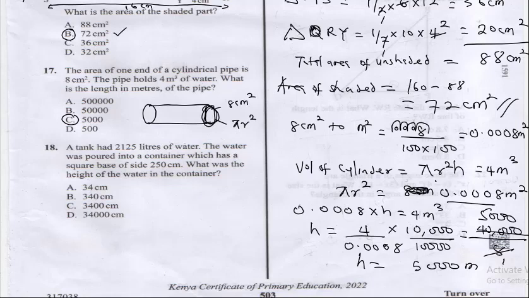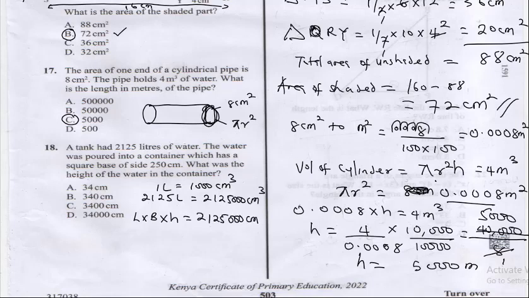And you know, from our conversion unit, 1 liter is equal to 1000 cm cube. So 2125 liters will give us 2125000 cm cube. Now recall that it has a square base. The container it's poured into has a square base of side 250 cm. So the volume of that container is going to be L times B times height, which will be equal to the volume